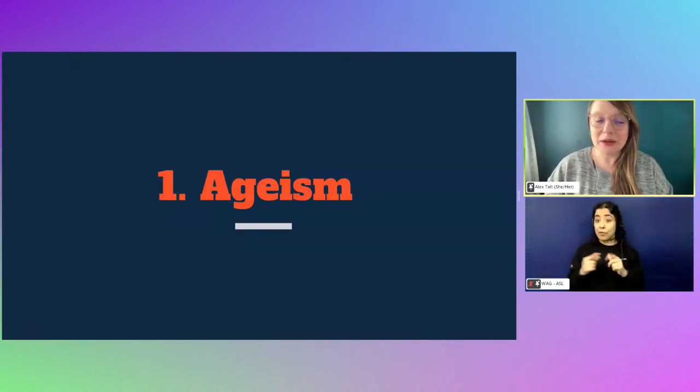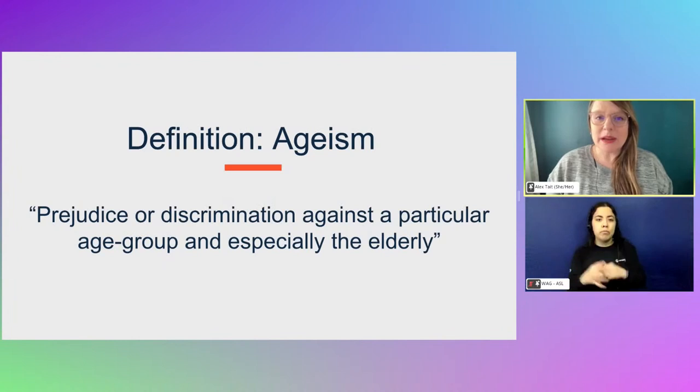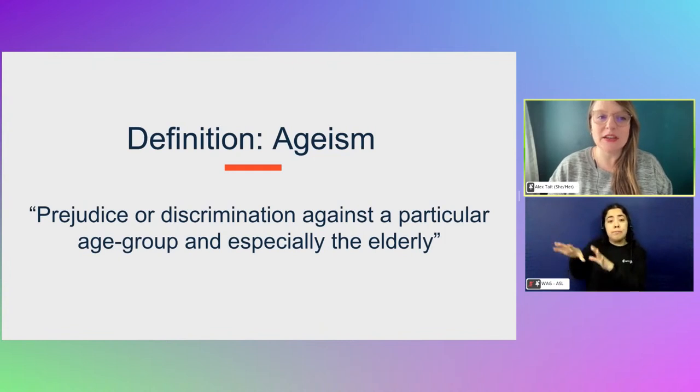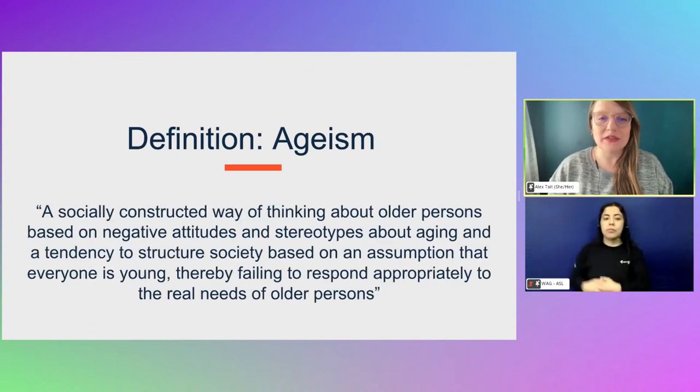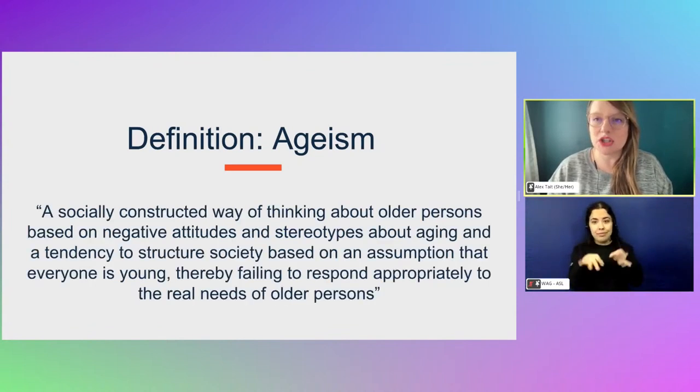Okay, first, let's talk about ageism. There's a couple of definitions I want to refer to here. So the classic Merriam-Webster dictionary definition is ageism is prejudice or discrimination against a particular age group, and especially the elderly. I also really like this definition from the Ontario Human Rights Commission, which says it's a socially constructed way